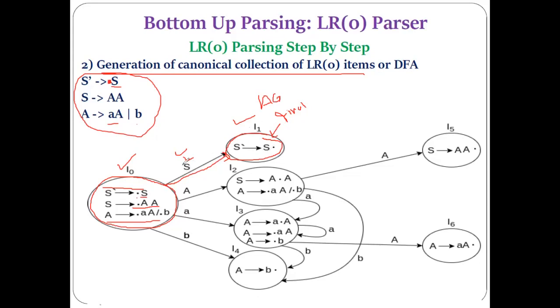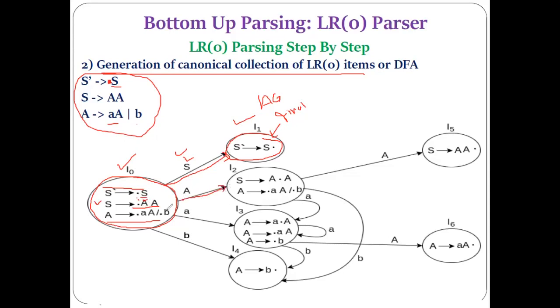So understand what goto is: moving from one state to another state by moving the dot from the left of a particular symbol to the right. So this is the goto operation. Now, can the closure operation be performed here? No, there is no need to perform the closure, so here we complete this state. Next, again we have to perform the goto operation, now on the non-terminal A, because the dot is present here before the non-terminal A.